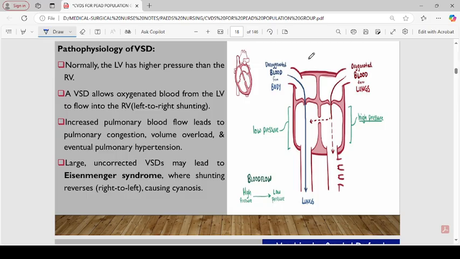Pathophysiology of this disorder. Normally the left ventricle has higher pressure than the right ventricle, that we all know. But in a ventricular septal defect, oxygenated blood from the left ventricle flows to the right ventricle, so we have left to right shunting. Also, we have increased pulmonary blood flow, which leads to pulmonary congestion, volume overload, and eventual pulmonary hypertension. A large, uncorrected ventricular septal defect can lead to what we refer to as Eisenmenger syndrome, where we have reverse shunting from the right to the left, and this results in